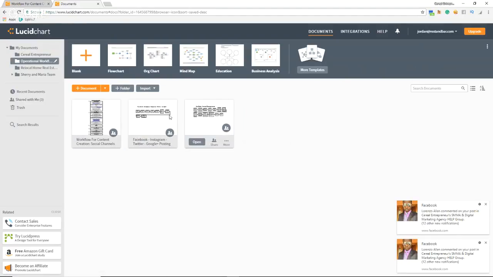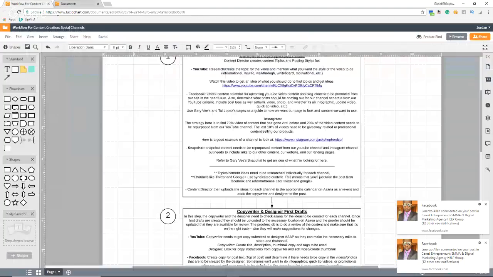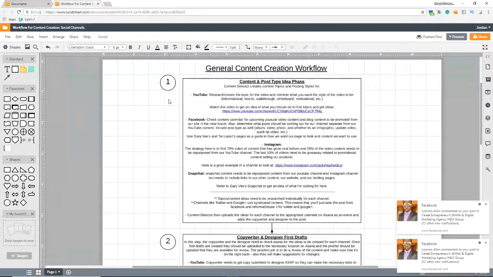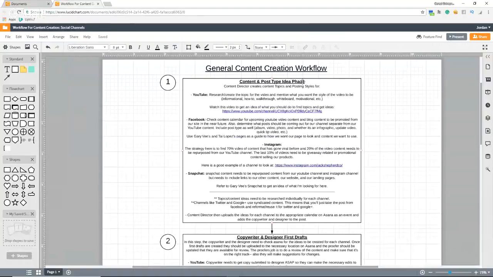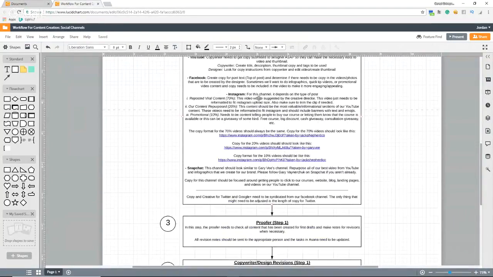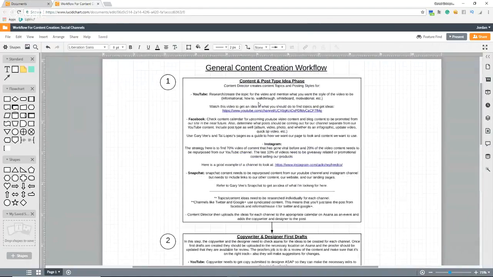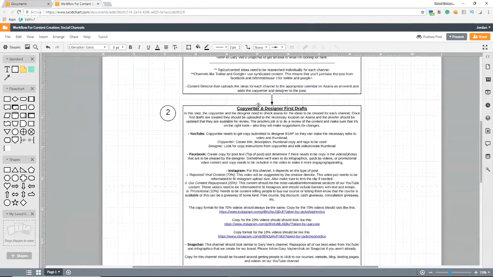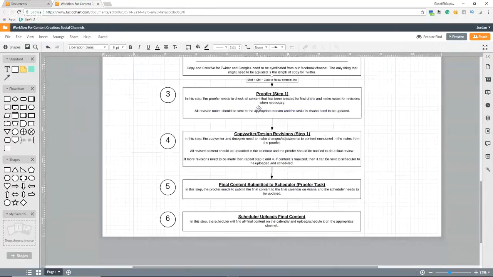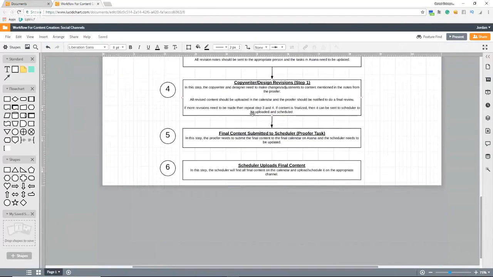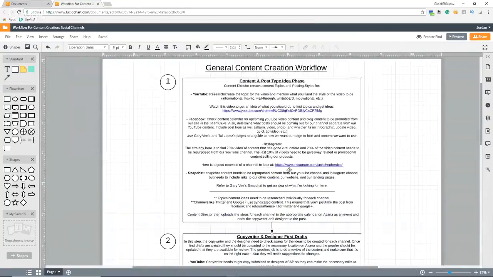So when we go into operational workflows, you'll see we have the document here that we're going to be going over today. Now, workflows basically for my team internally. All right, so what we did was we basically wrote out the map to how our team is going to start creating content, who they send it to, where they upload it to, how they notify other team members, and then all the way up to the point where content is finally loaded. So we drew up this whole process because